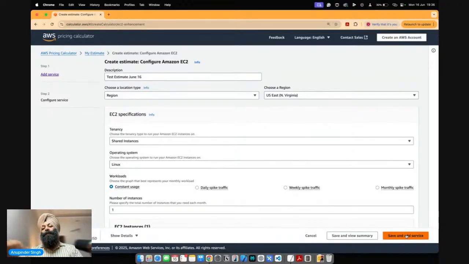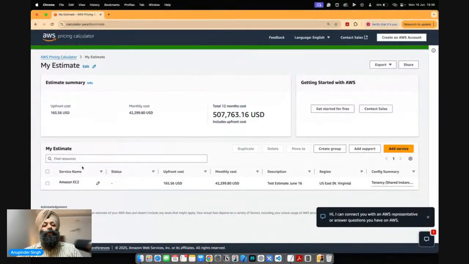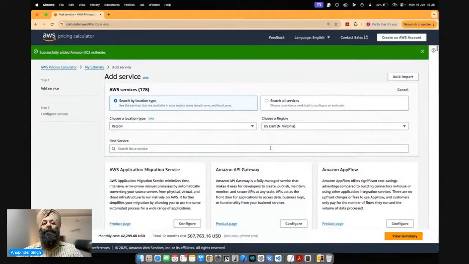अगर आप इसके बाद और services को add करना चाह रहे हो, और save and view summary कर सकते हो. So अगर मैं save करता हूँ, so save करने पे it is going to take me towards the 12-month base cost, and at this particular point of time, जो भी आपका monthly cost है उसको इसने 12 से multiply किया, and that is going to be getting your yearly cost, and based on that, your estimation is going to be created over here, right?